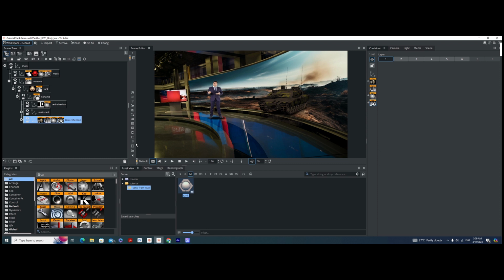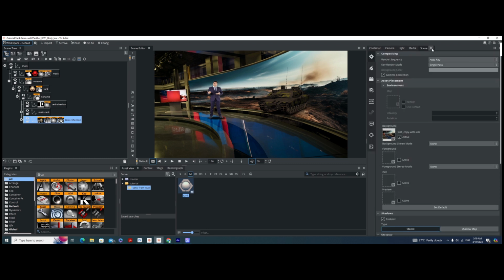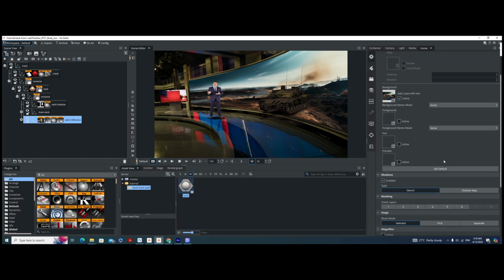With this bounding box, so what we have to do, we have to go to the scene and here masking, invert this layer. You can see our reflection is also there, and it's doing exactly